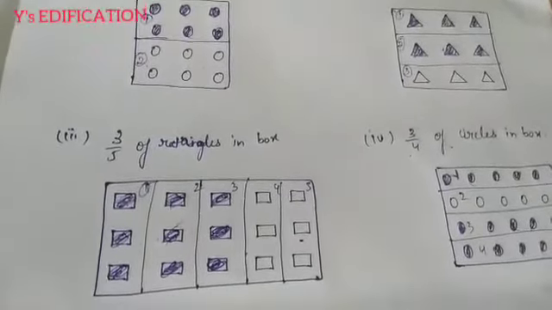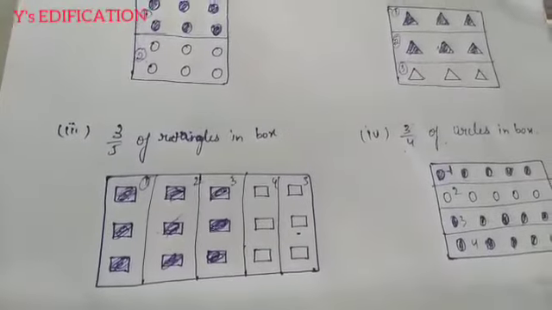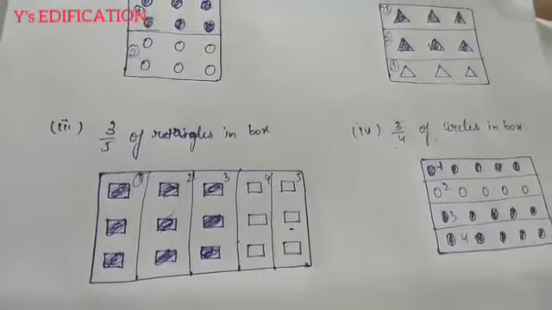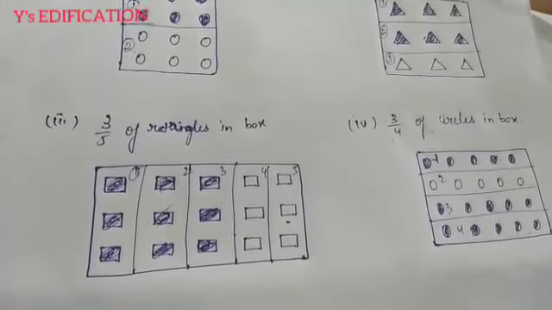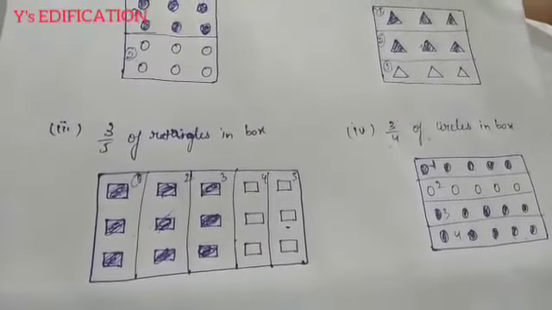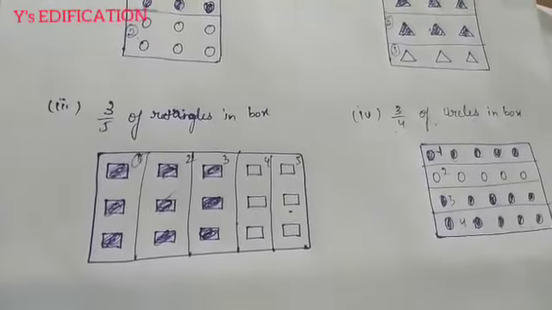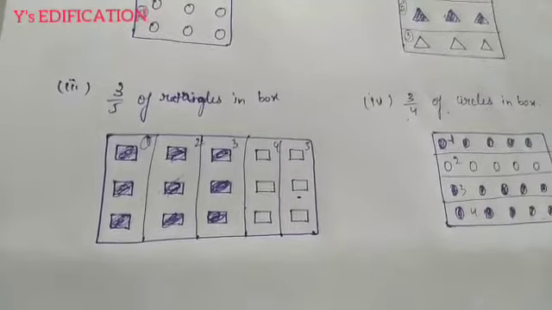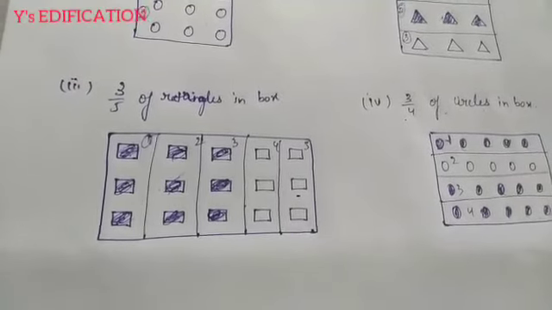Simple. Okay, so this is all about the multiplication of a fraction with the whole number. I think you have enjoyed this class. Why? Because it's something like a puzzle, right? So this is the easiest topic in fractions. And in the next class, we are going to see the multiplication of fractions with fractions.